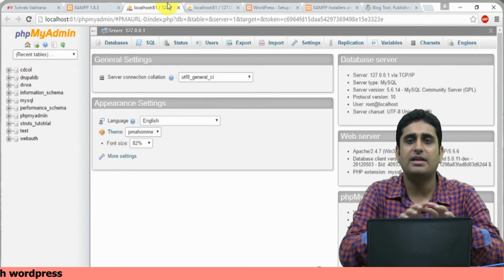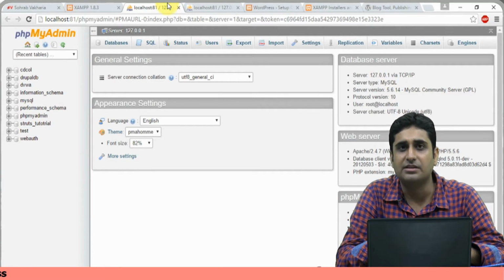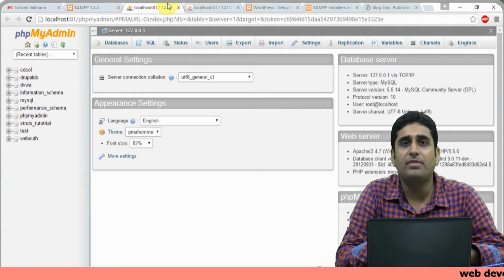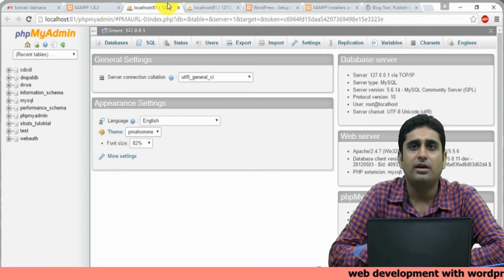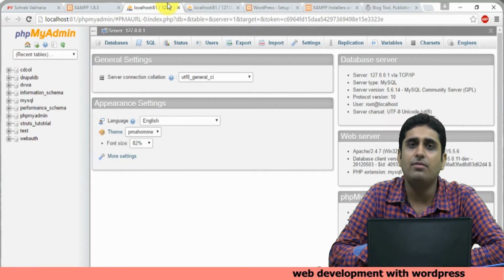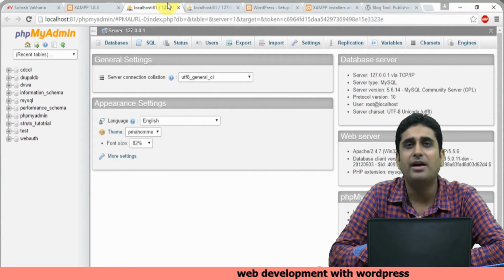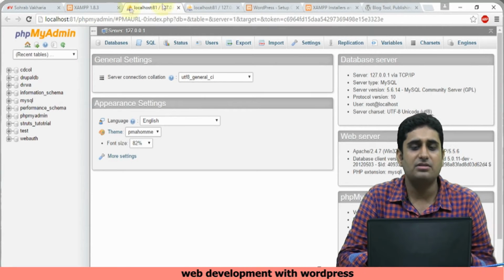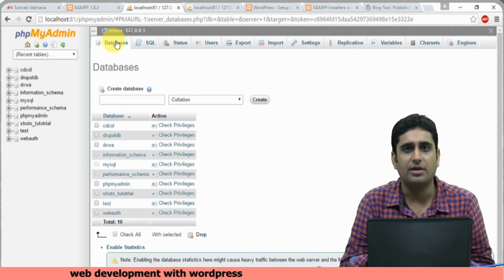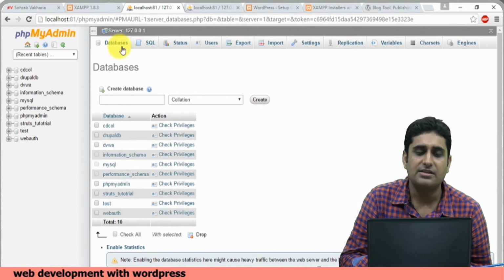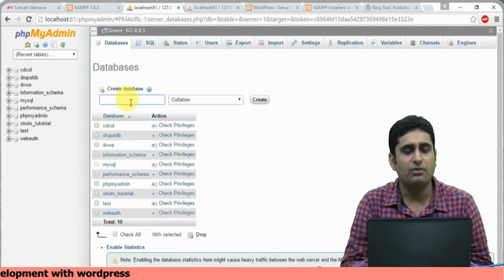Now this exact scenario is there on the websites. During your web development, the same scenario is available. phpMyAdmin is a database controller where you will be able to create your own MySQL database. So first, to work with WordPress, we will need its database, so we need to create a database. I have clicked on databases, and there is another option of creating a database.